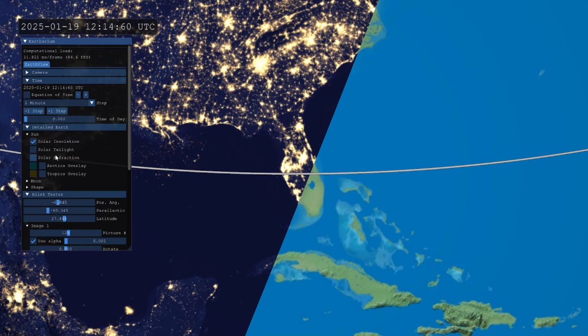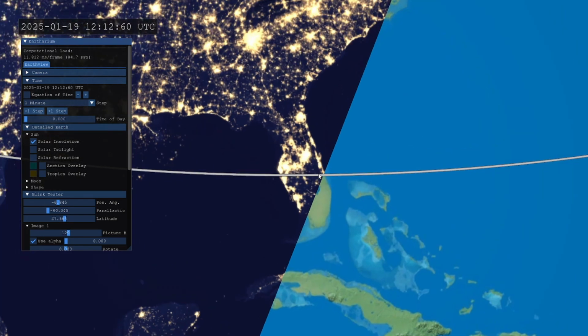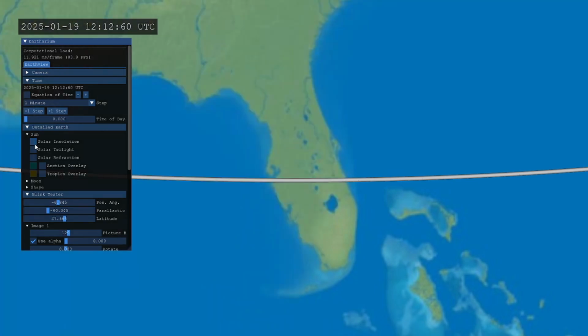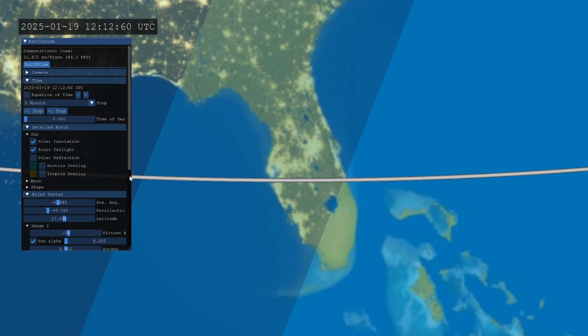Just gotta go by minutes. If I go 2 minutes back in time, then I see the terminator where the sunset is happening, and this is now the unrefracted, so this should refer to the center of the sun being on the horizon in the calculations here. And the night texture and the day texture are perhaps misaligned by a couple of pixels here,